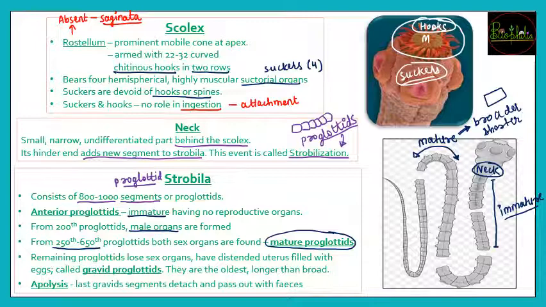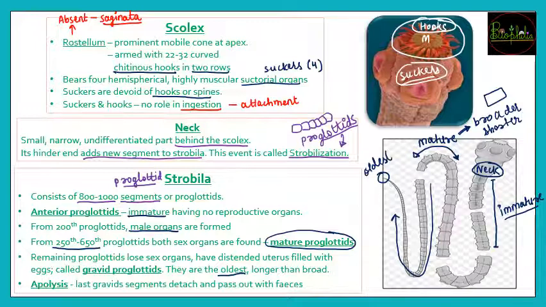Now if the remaining proglottids are considered, the remaining part is going to be the gravid proglottids. What are they? Gravid proglottids. These are going to be the oldest proglottids, because as we saw, new immature proglottids start coming from the neck region. So as they start coming from the neck region, one by one they will be pushed backwards. This way the movement is going to occur. So if you see the last part or the last segment, these are going to be the